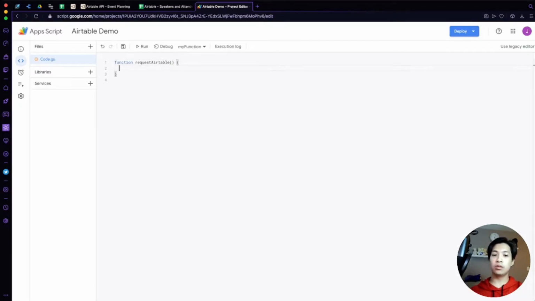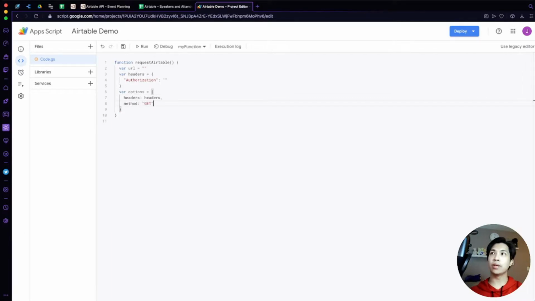All right. And then within here, we're going to determine the URL that we're going to hit. And then we're also going to determine a couple of other things like the headers, which we're going to open up into an object. Authorization is something that we're going to need because we need to be able to provide the authentication, which in this case is going to be that API key. Then we also are going to pass through some options over here, where one of those options is the headers. And then another one of those options is going to be method, which in this case, we're going to be